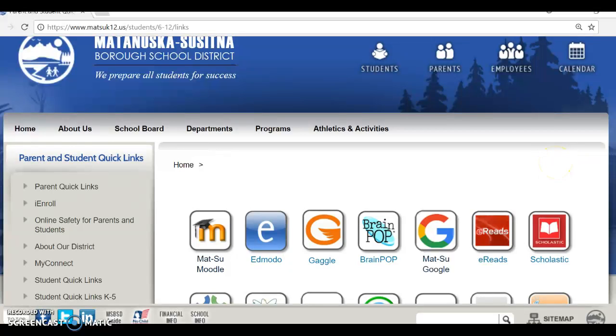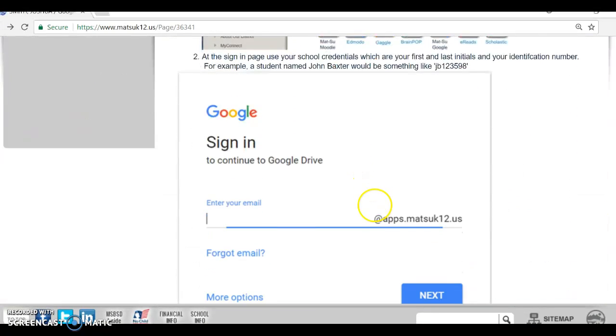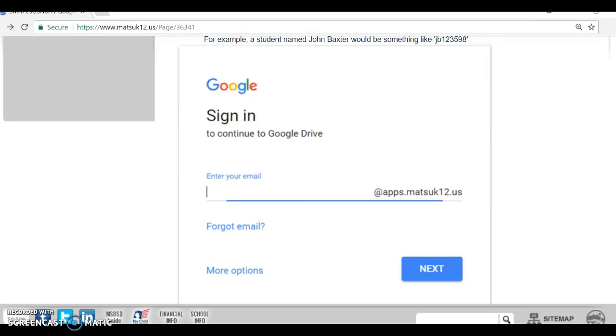Now I'm going to go back to my page here, my slideshow. And after you select the Google, it asks you to sign in. And here, all students have to type in is their initials and their ID, because the Matsu School District auto-populates the rest of their email address. So their email address is their initials, their ID, at